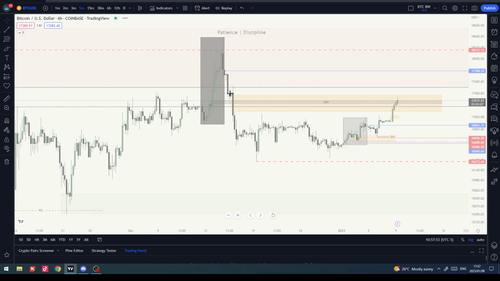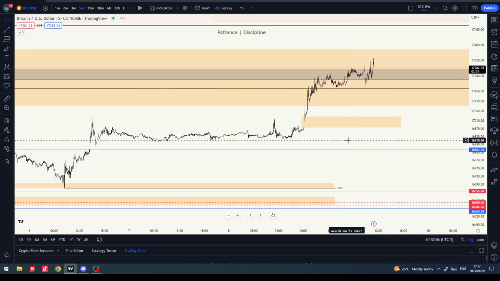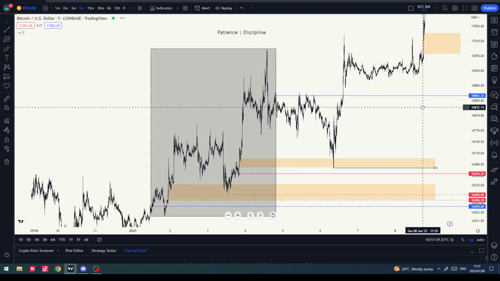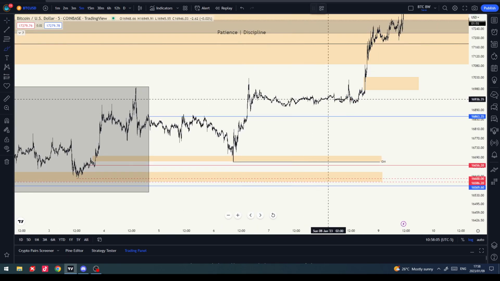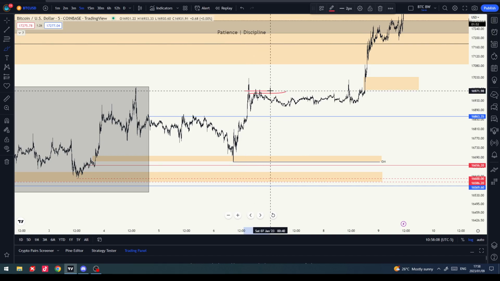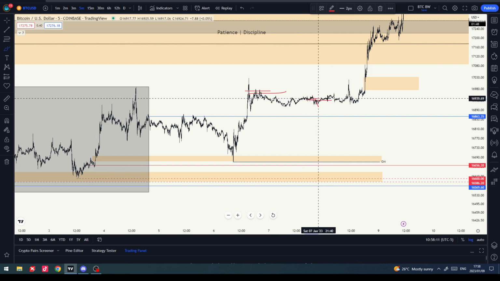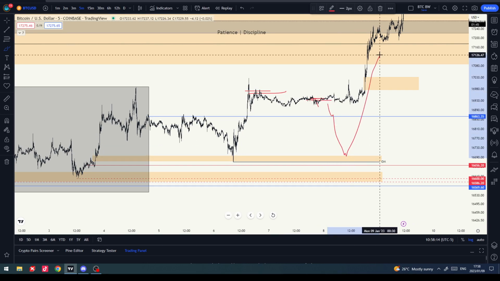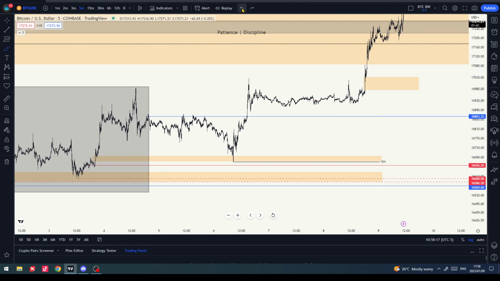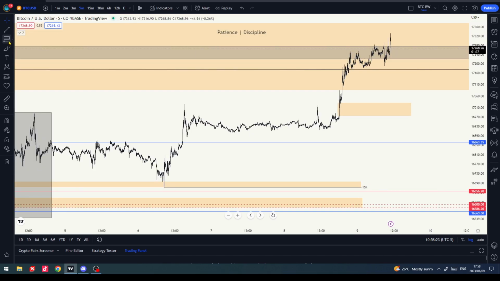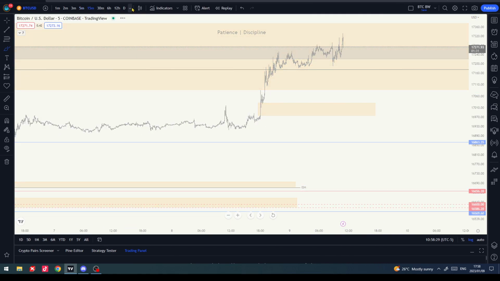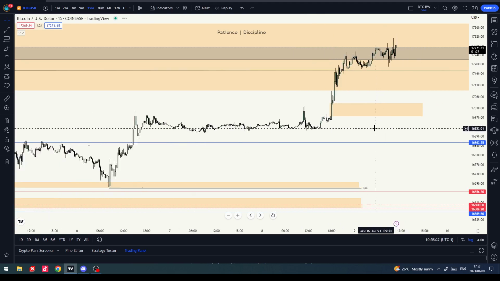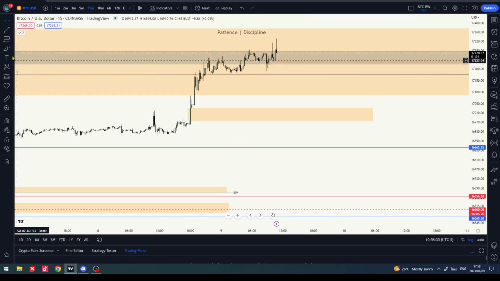Down to a lower time frame on BTC, let's take a look. Right, so I think it was around this point here that I was looking for. We had imbalance in here, price dropped down here. I was looking for price to do that before it did that. But you can see the order flow is clearly bullish here. If price retraces, when NAS retraces, then this, I'd look for something in here. This becomes fair value for buying on a 15-minute. It's an FVG in here that broke a high.